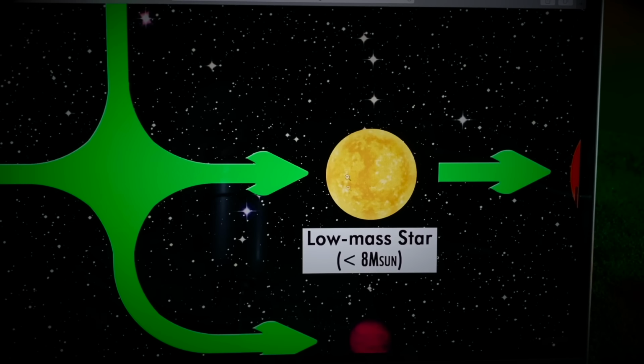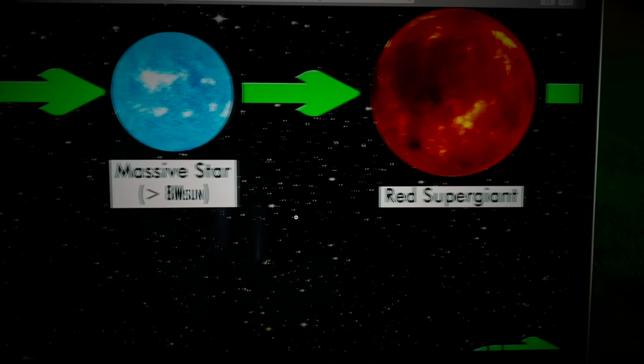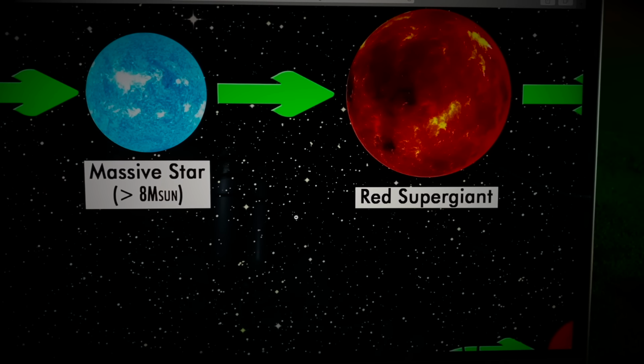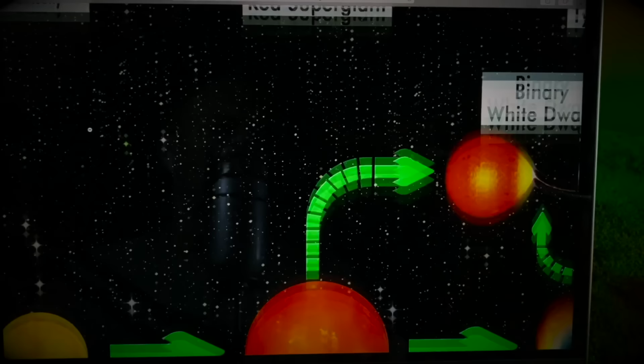So all that was for low mass stars, less than about 8 suns. And then for stars much larger than our own, greater than 8 times our own star, they burn hotter, so they have a bluer hue to them. And eventually, instead of just a red giant,